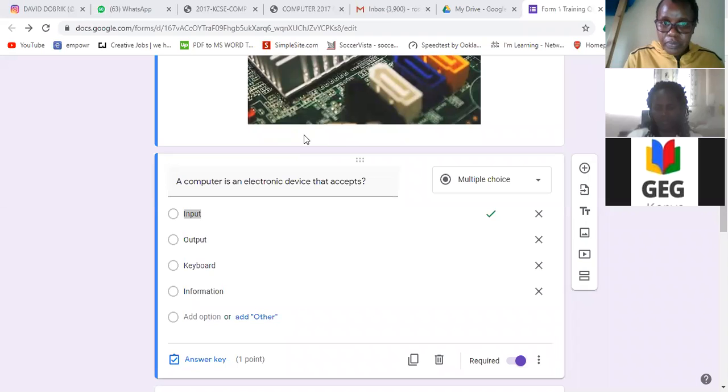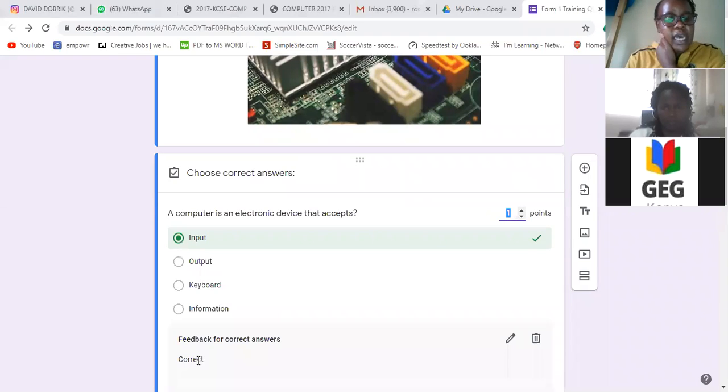So down here, I believe you can see that we have the answer key, isn't it? Yeah. So if you click on it, it allows you to select the correct answer. My question was, a computer is an electronic device that accepts. Okay, we have input, output, keyboard, and information. So the correct answer is